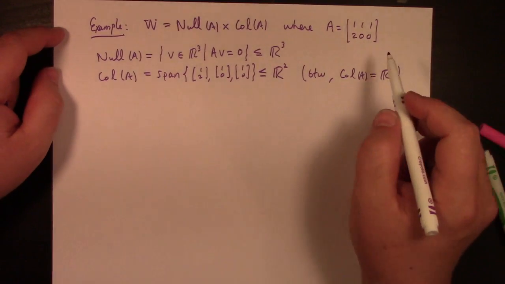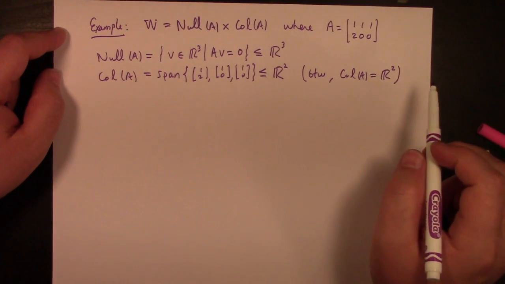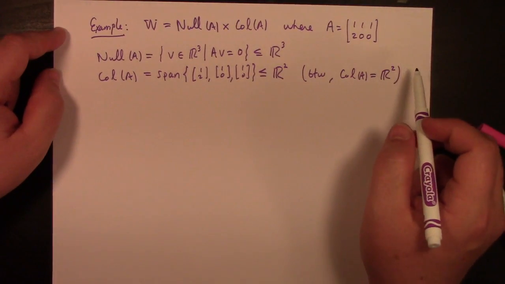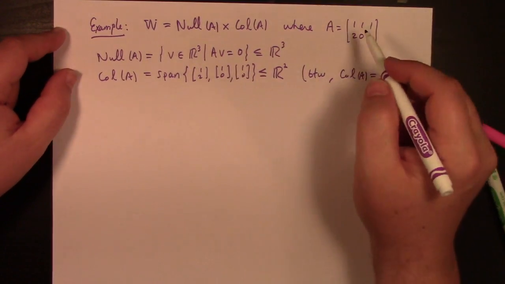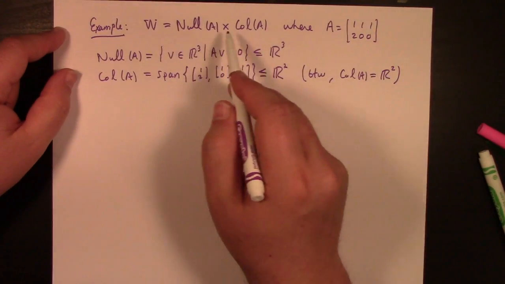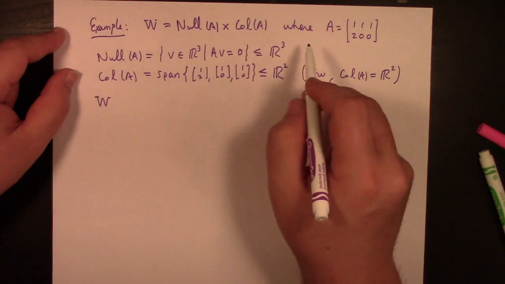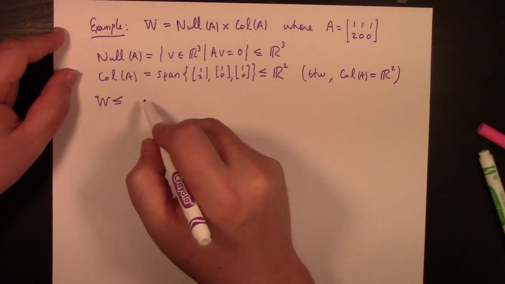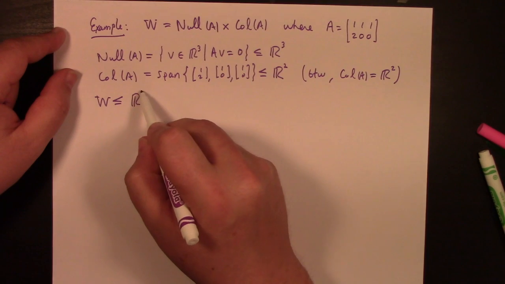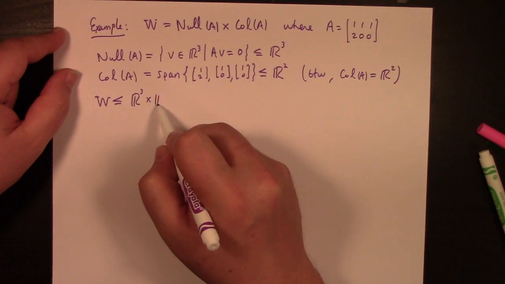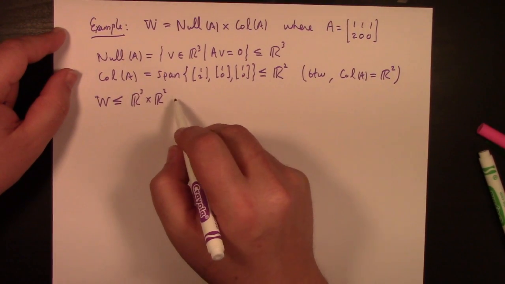On the other hand, the null space of A, well, I don't know. Let's see. I have to work that out. So, the null space of A, what's the basis for the null space of A? Let's see here. We're going to put these two things together to get the Cartesian product. So, in total, W is going to be a subspace of something like a subspace of R3 crossed with a subspace of R2. And you can prove then that it's got to be a subspace of the Cartesian product of the total spaces there, which of course